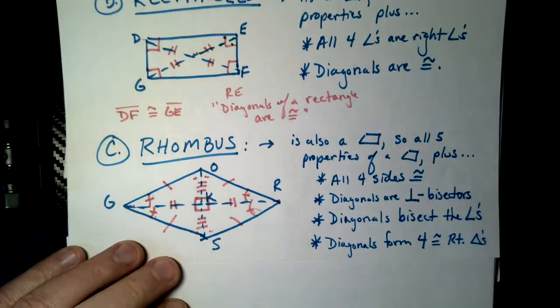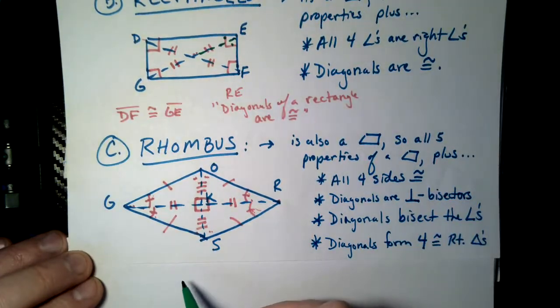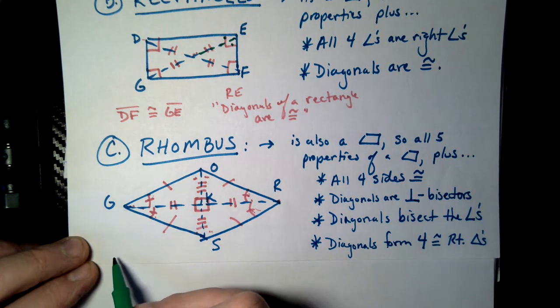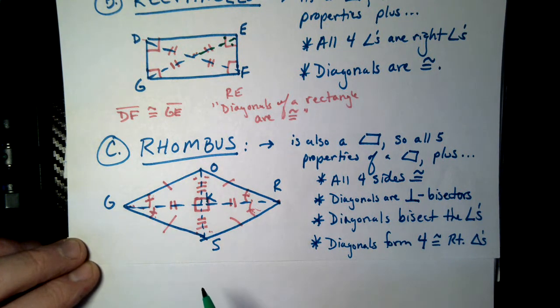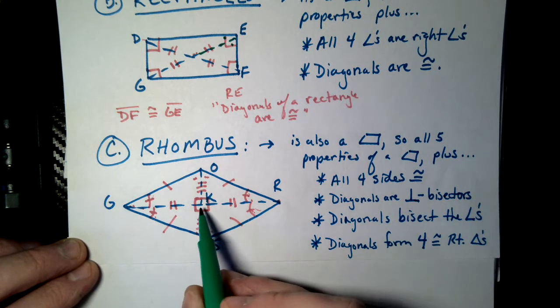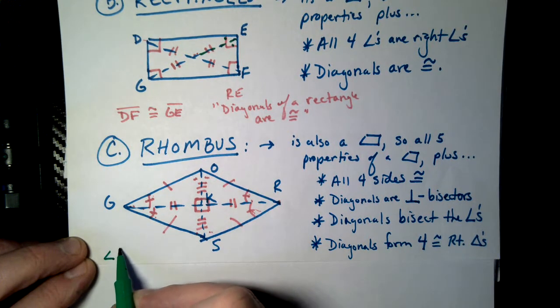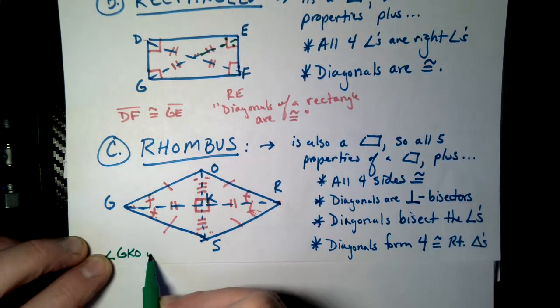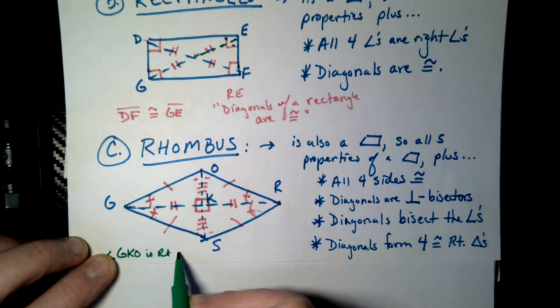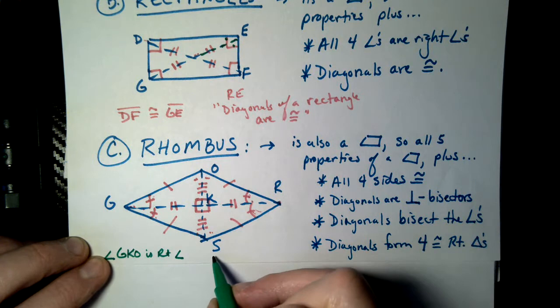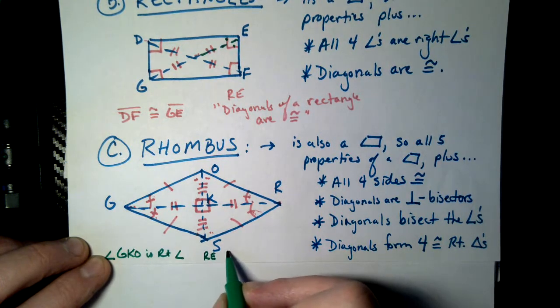I should backtrack. I didn't use a proof one in this one. So let's say there was a proof in this. You could say something like, oh geez, what would I use in this one? I would say that's unique to a rhombus only. Maybe the right angle's in the middle. I could say something like angle GKO is a right angle. Or I could say the lines are perpendicular in the middle. And you would put as a reason